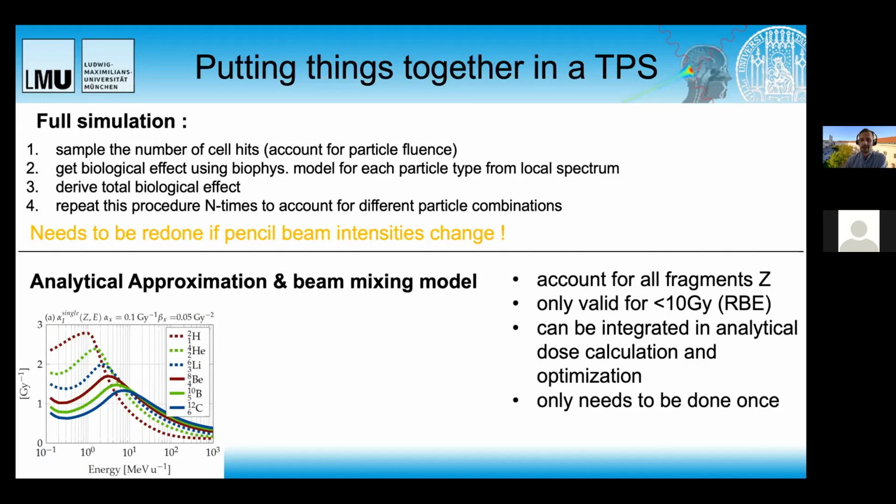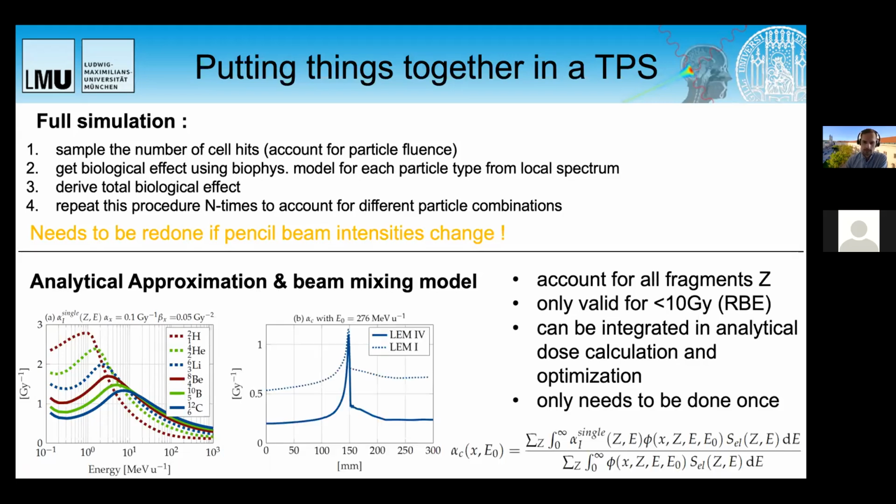10 gray. And in such scenarios, the cell hit probability reduces to a single hit, and the base data I was showing on the previous slide basically can be transformed using this single hit probability. And then this can be combined. So this updated biological base data can now be combined with your treatment planning system. And what you have to do now is basically for each